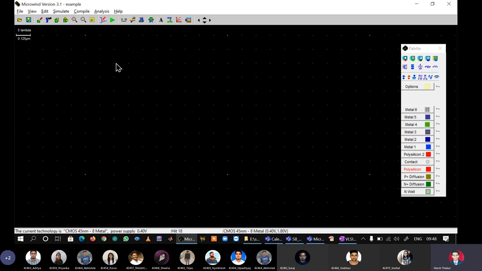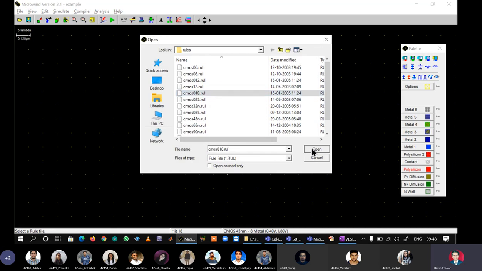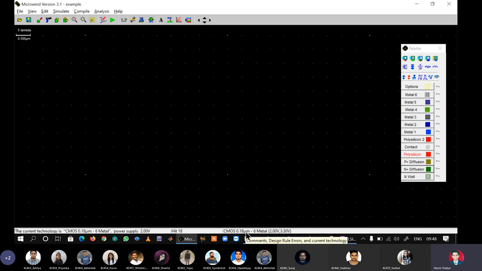That is why whenever I select the 180 nanometer rule file by going to CMOS 018 rule, I see that below it is written 180 nanometer in the taskbar, but according to the scale, my 2 lambda comes as 200 nanometer. So the difference between the scale and the foundry is that the scale actually tells us the fabricated channel length during manufacturing, and the rule file tells us the available channel length. So fabricated channel length is equal to the available channel length plus the depletion region. We can actually write it like this.